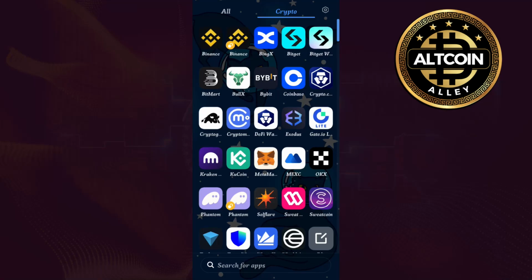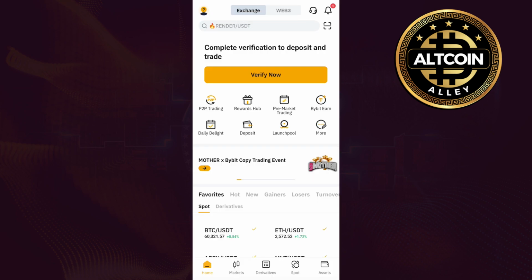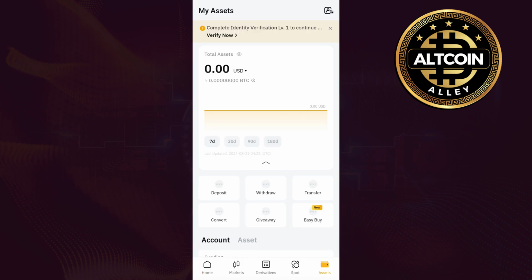Hi everyone, in this video I will show you how to withdraw money from Bybit to bank account. First of all, launch your Bybit mobile application, then tap on the Assets tab in the bottom right hand corner